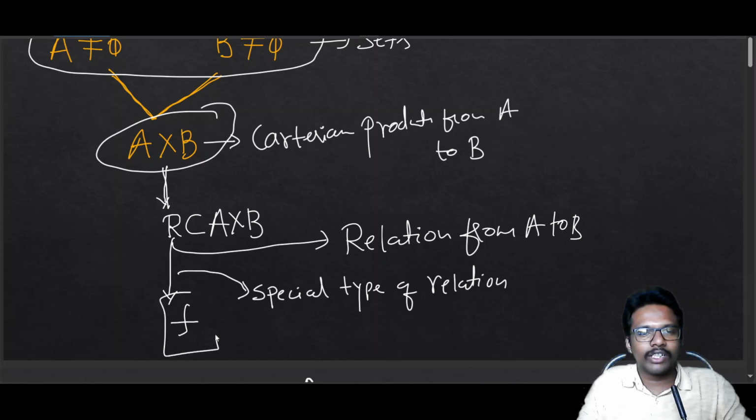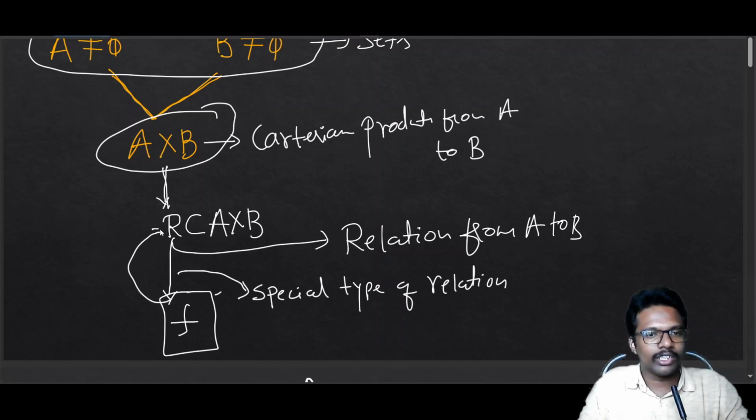So this f is nothing but, now we call that f as a function. Before we call it this function, first the f should be a relation. It should satisfy the definition of a relation. It means that f should also be a subset of A cross B. Okay, so if f is a relation, then if it satisfies some condition, then we call that f is